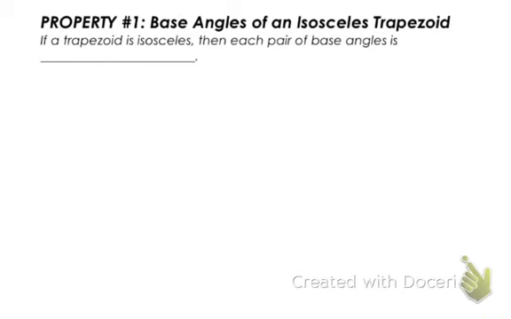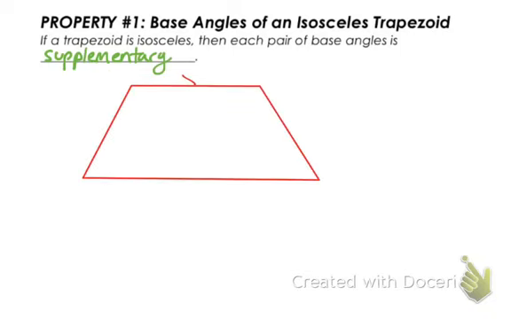Now, there are also angles inside of the trapezoid that have specific names, and those are called base angles. So, the first property of the angles inside of the isosceles trapezoid are the base angles. So, if a trapezoid is isosceles, then each pair of base angles is supplementary. Okay, what that means is that if we have a trapezoid, isosceles specifically,